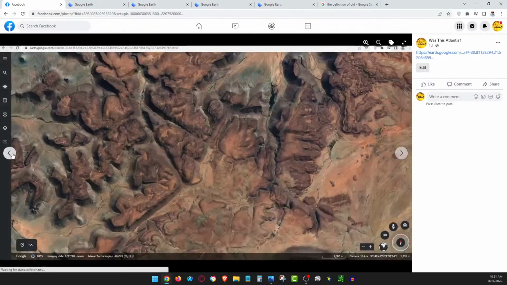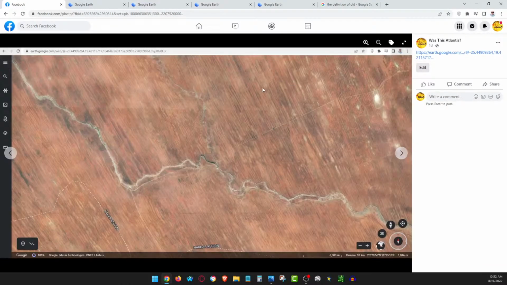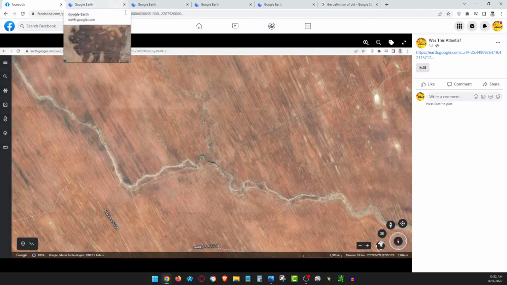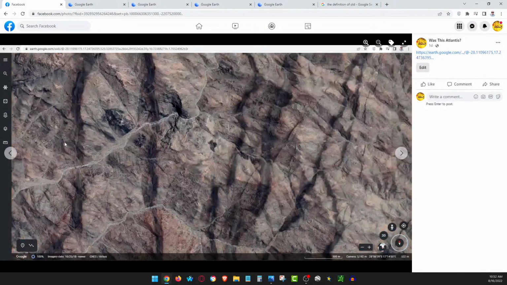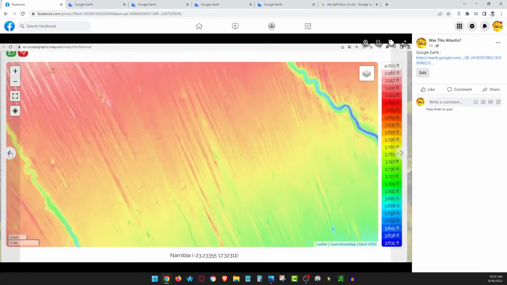I was all ready to talk about this stuff that I just found. Let's start from the other day. The other day, I showed you these straight lines. Now, you want to put a gun up to my head and tell me I have to decide whether that's natural or not. I probably won't take your offer. However, if you want to talk about how illogical this stuff seems, there's some areas where it's just so straight. But there are some areas where it also looks like sand dunes. So I'm not going to say that this is natural and bet my life on it. But we do need to talk about it. And I do have some things to say.